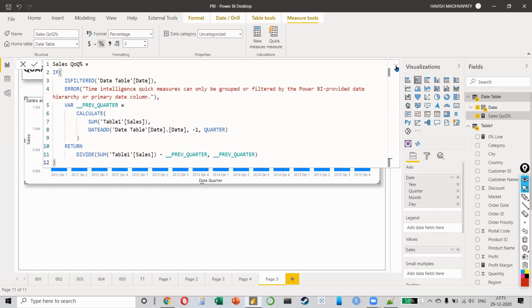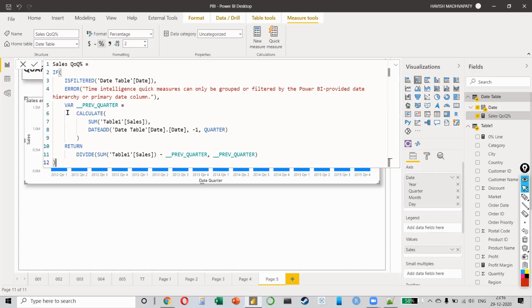In the case of DAX, because these have already been created for you, I would say it's not a bad idea to just use it. Even if you don't understand it, that's okay. But yes, if you want to be in data, then you have to understand it. You can't say, oh, I just click on a few buttons and I create it. You have to also understand how it is being done. So what is happening here? Very broadly, obviously you can learn it from the course that I have shared with you.